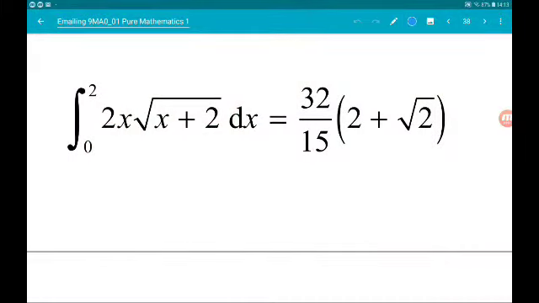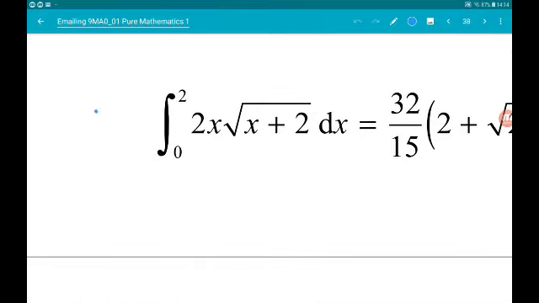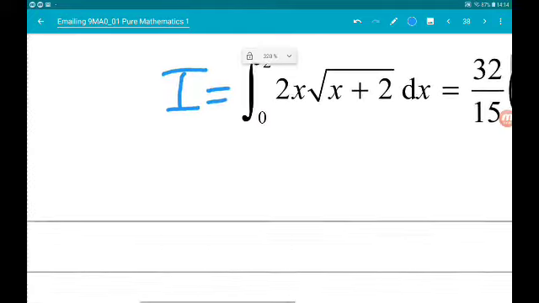Okay, question 13 for 7 marks wants us to show that the integral between 0 and 2 of 2x root x add 2 with respect to x is 32 over 15 times 2 add root 2. So this looks like a job for integration by parts. First of all, I'm going to call this thing I, so we can rewrite I slightly